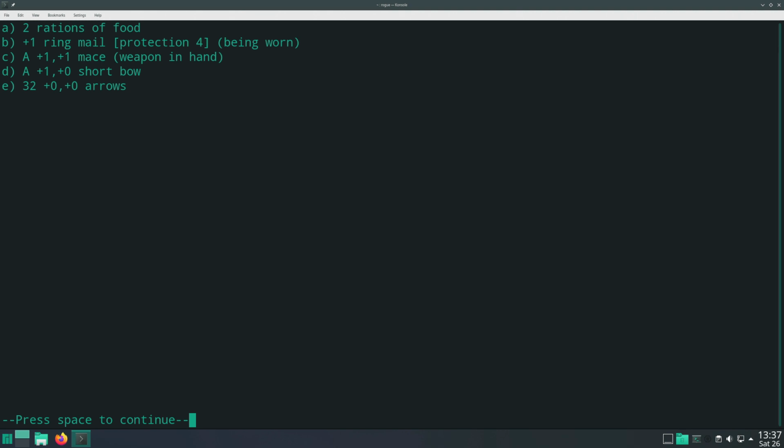And all games have data. And you can see that kind of data in front of you now. Rations of food, ring mail, a mace, a short bow, arrows. This is all data. It can be classified as items within the game that the player can either find or use or whatever,